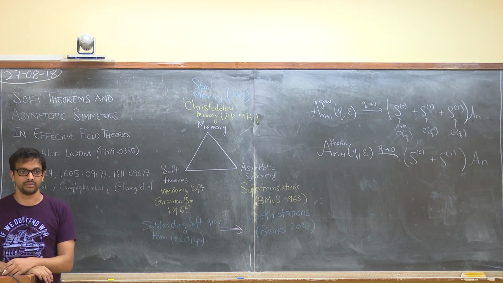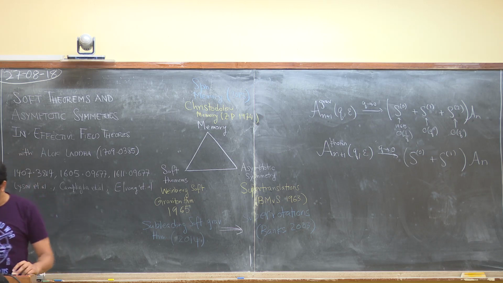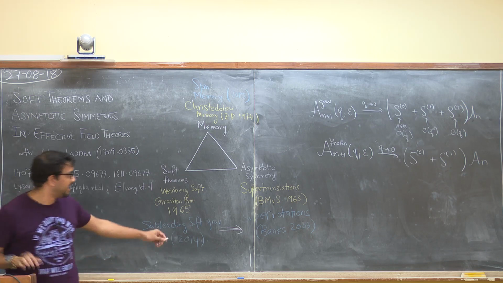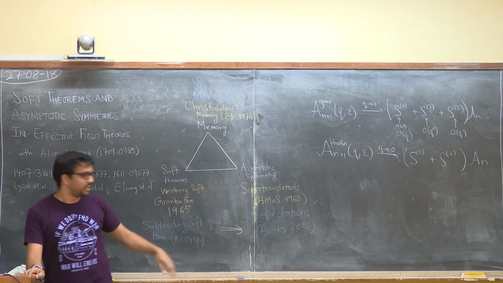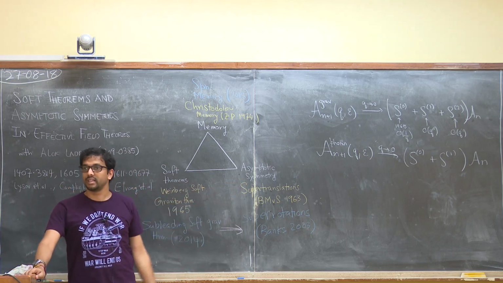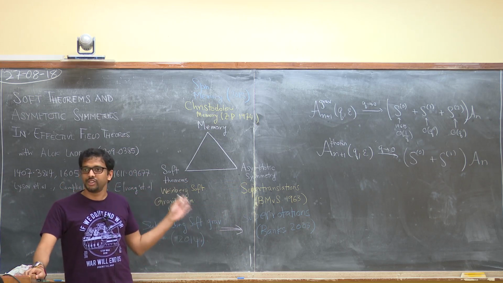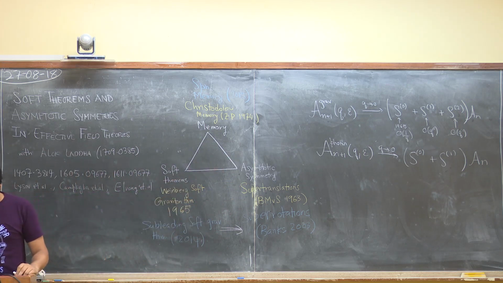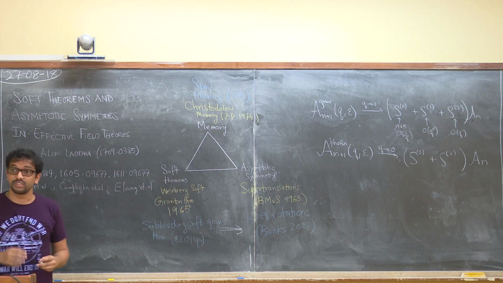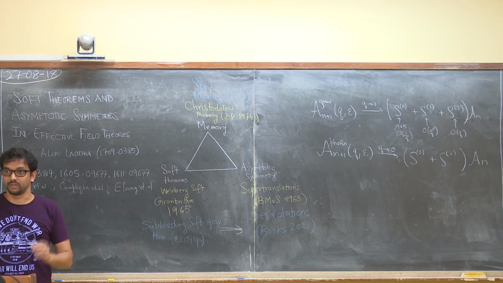That's going to be what I'm going to explain in the talk today. That it can be done, and at least this side of the triangle that I'm going to talk about today continues to hold. That this universality class still exists. The Ward identity changes in some way, and the soft theorem changes in exactly the same way. Okay. This was just sort of a brief review of everything that's been going on.